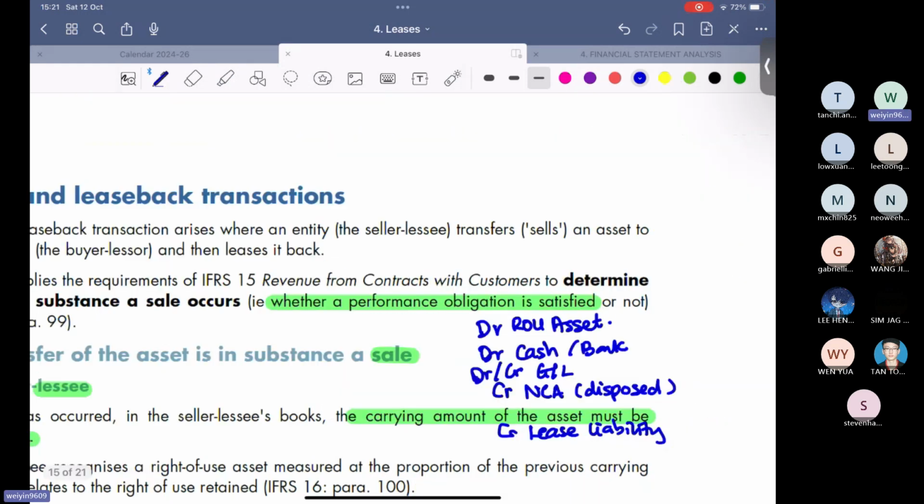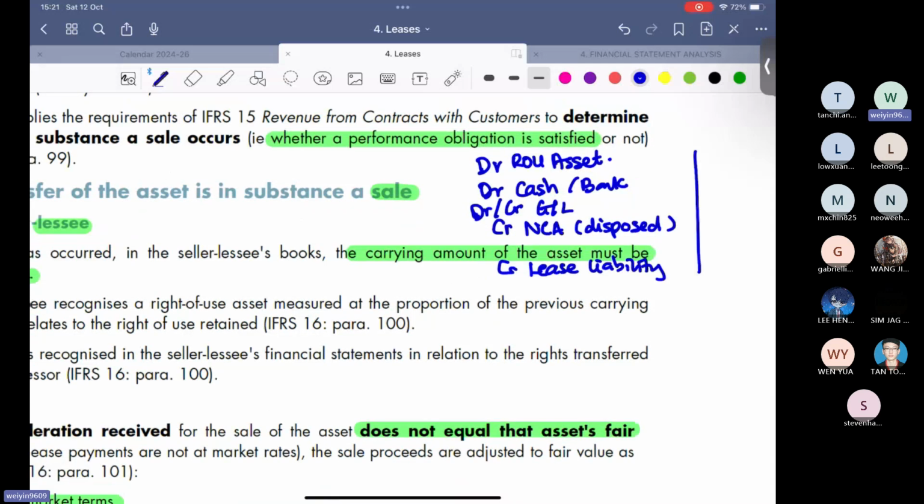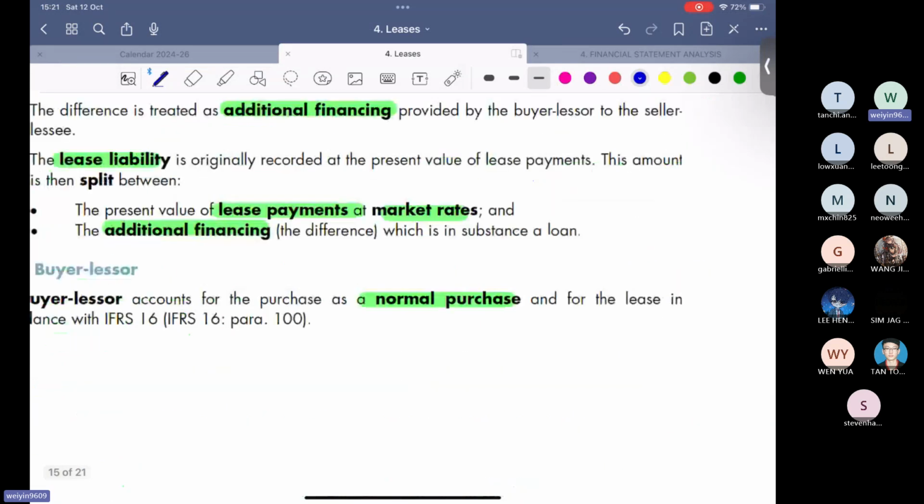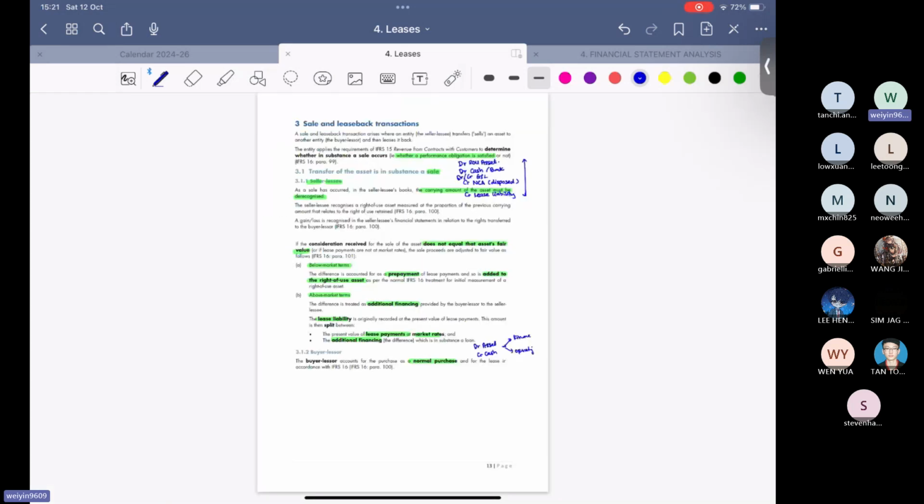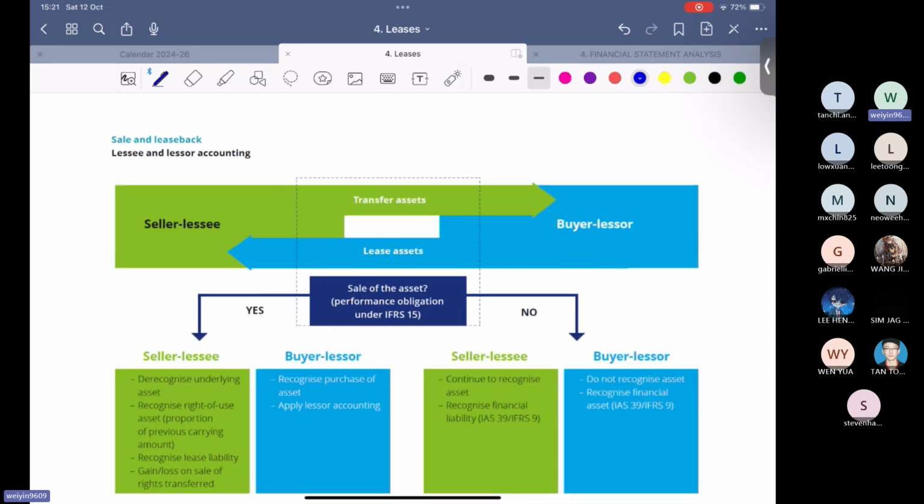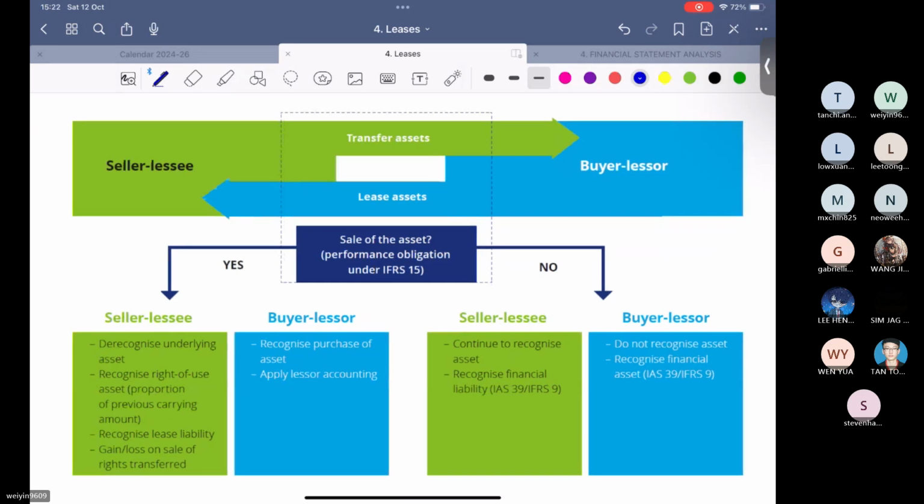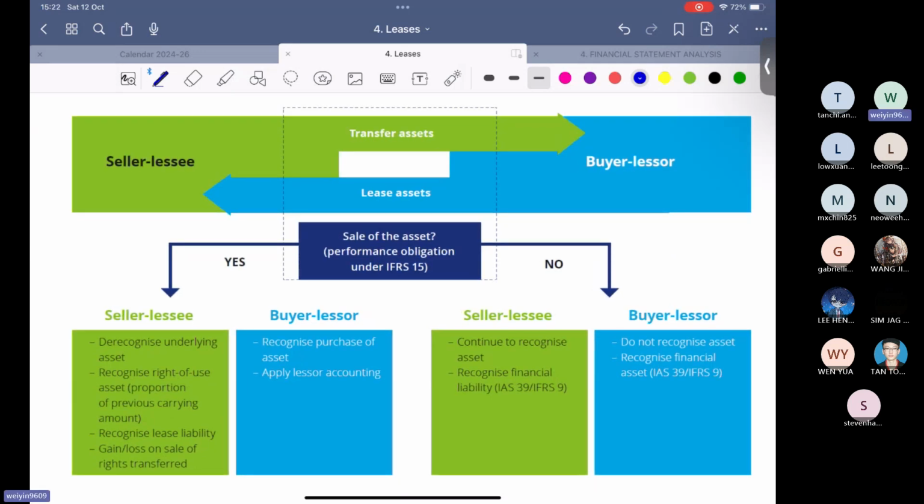Credit cash. So unlike this one, you see, if it is a sale, then you have to go for this journal. If you are the lessor, I will debit asset, credit cash. After that, I have to split whether it's a finance lease or an operating lease, so different leases have different transactions. So my diagram, this one is the summary of your amount. So if a seller transfers the asset to the lessor and then the lessor leases the asset back,